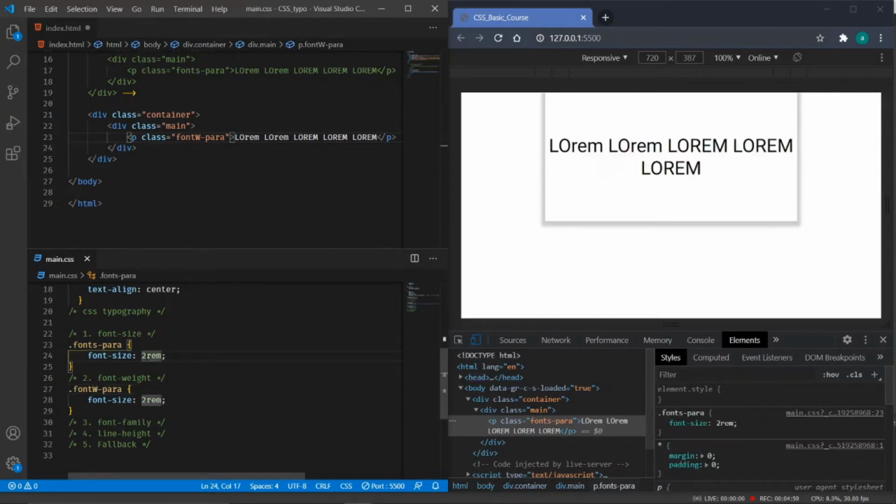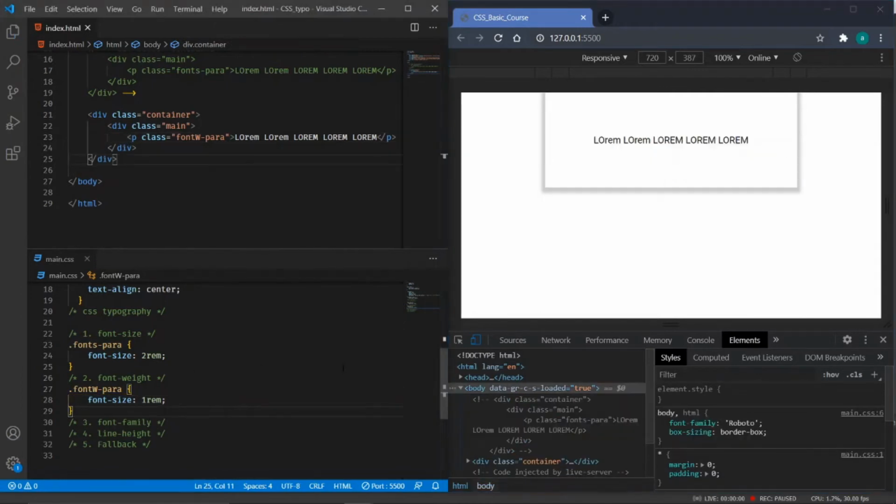I will change this font size to 1 rem, font weight para. As I've applied the 1 rem, it is showing us a 1 rem font size.